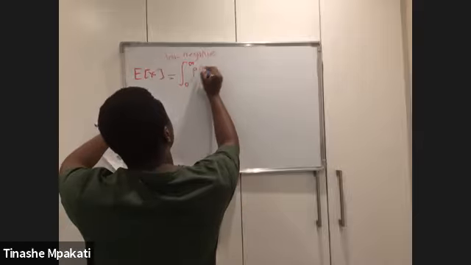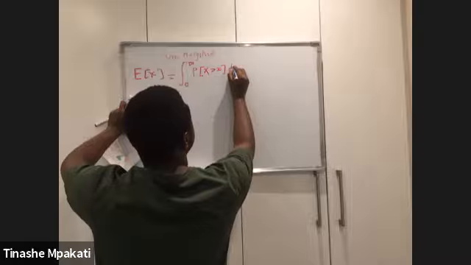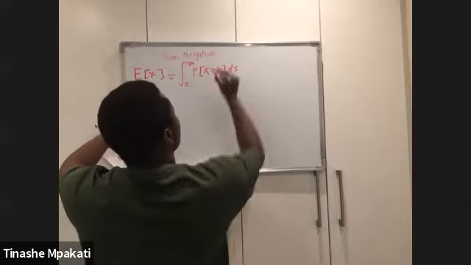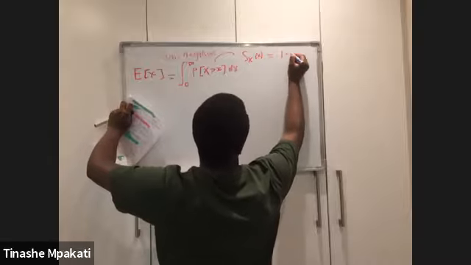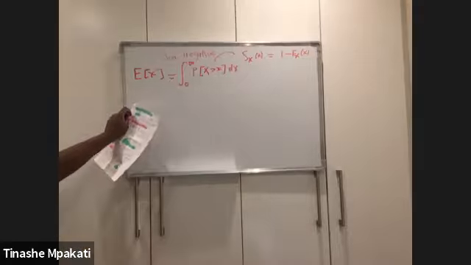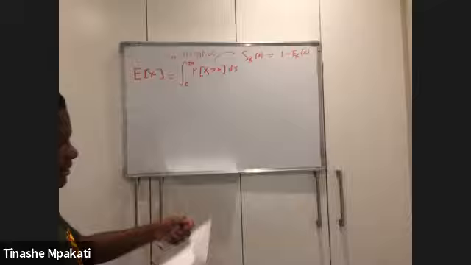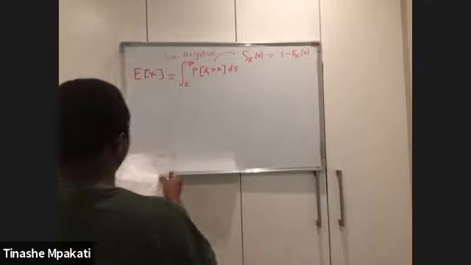But now what you're going to be integrating is the probability that X is greater than x, and this is done with respect to x. Where this is simply your survival function, which is equal to 1 minus your CDF of x. And I will quickly just write this down. This is probably the easiest thing you would get, but just to make sure that this makes sense.